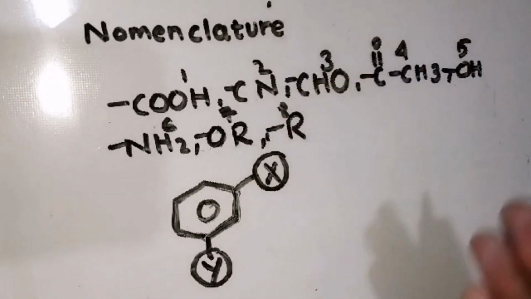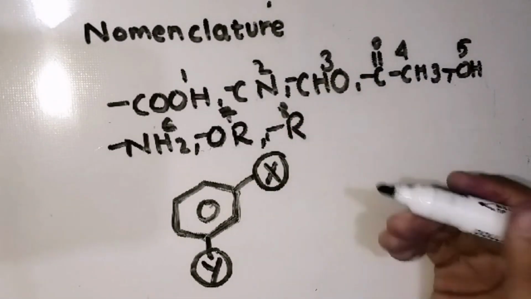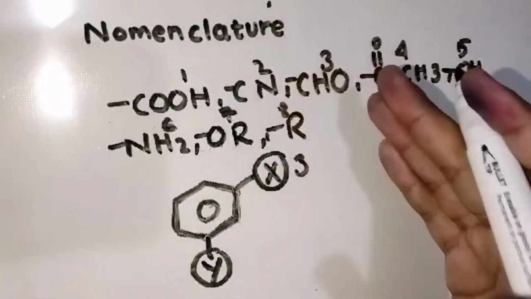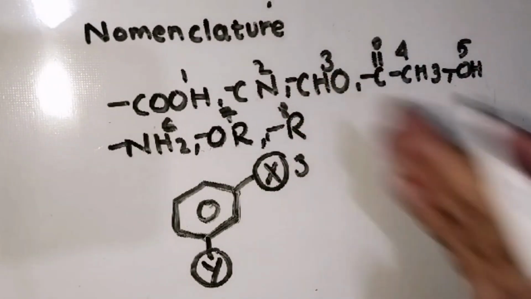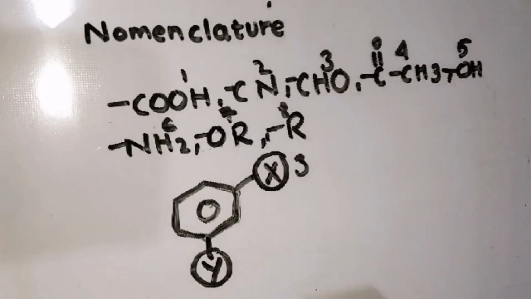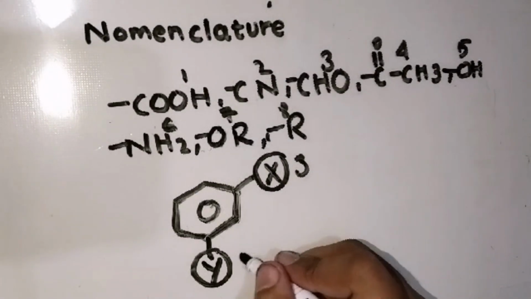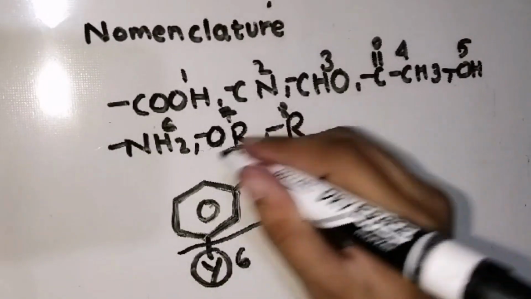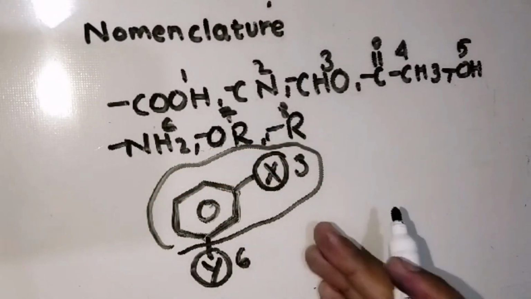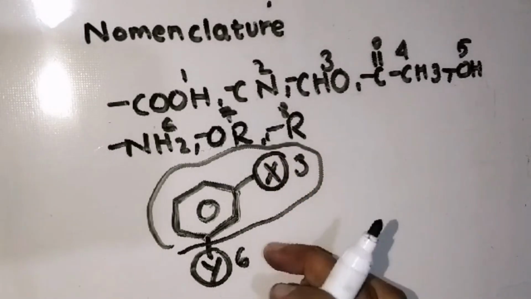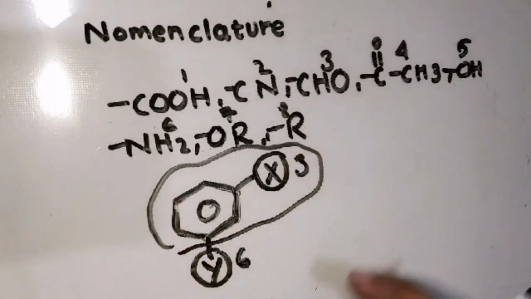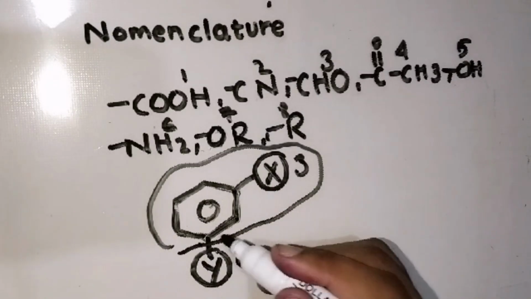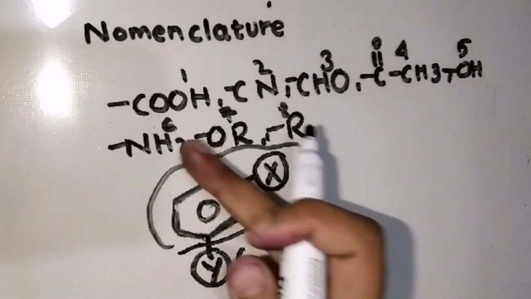So according to us, supposing the X group is third, like this aldehyde group, or the Y group is sixth, so we will consider this whole compound one thing and this as substituent on this compound. So we will write it as 3-amino